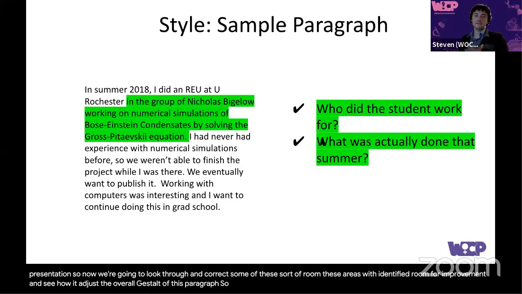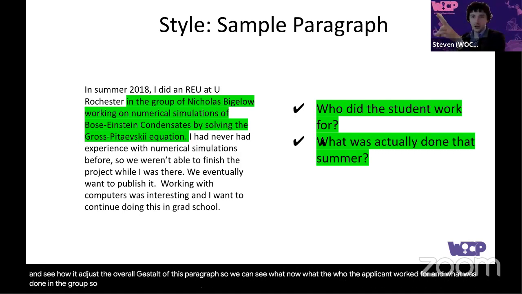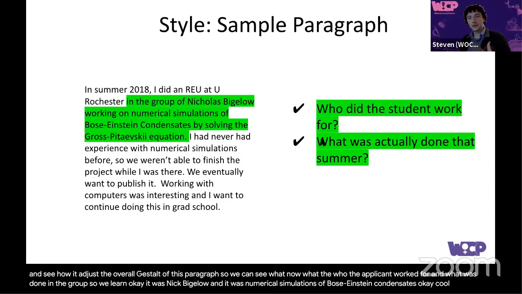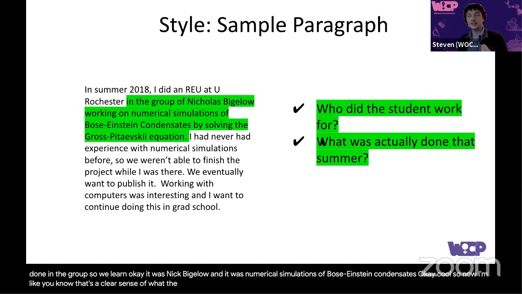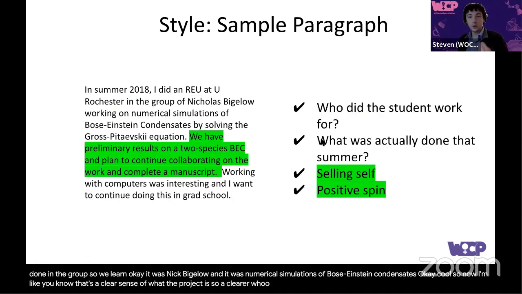So we can see who the applicant worked for and what was done in the group. So we learned, oh, okay, it was Nick Bigelow and it was numerical simulations of Bose-Einstein condensates. Okay, cool. So now that's a clear sense of what the project is. So a clearer who, where, and what. Next, whether or not the applicant